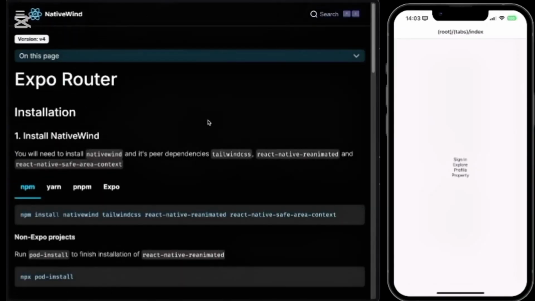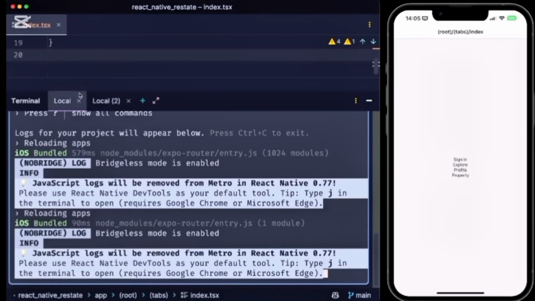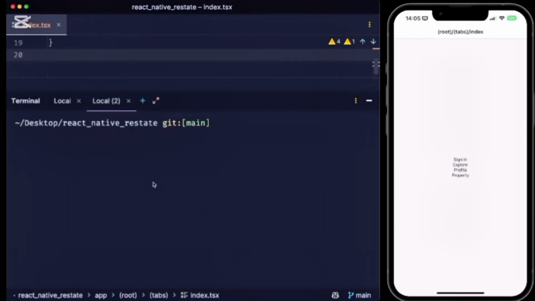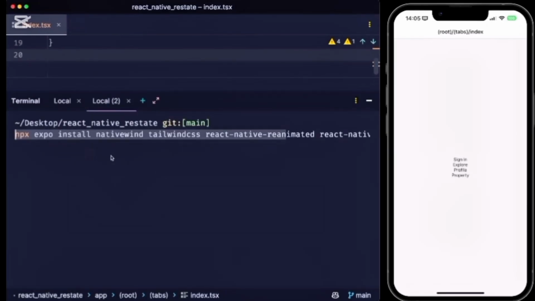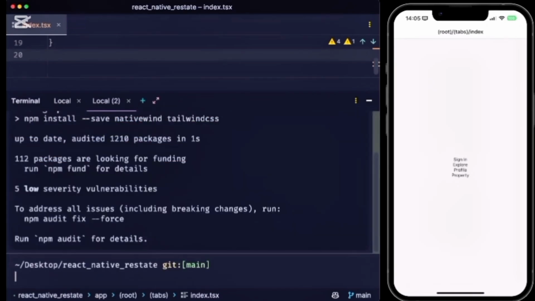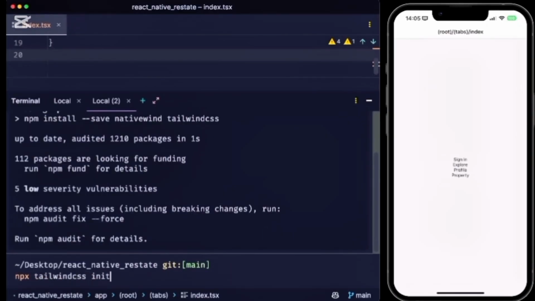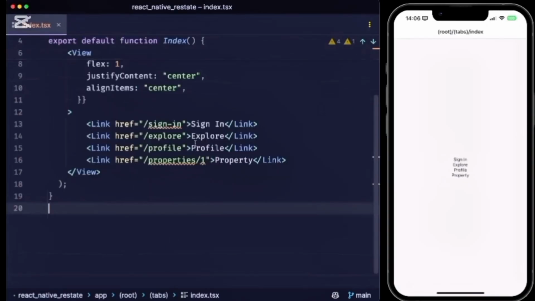And here we can follow the installation steps. First things first, switch over from npm to Expo and then copy the installation command. After that, we can head to our second terminal and paste the command. npx expo install nativewind tailwindcss, and all the other good stuff. When that gets installed, run npx tailwindcss init. This will create a new